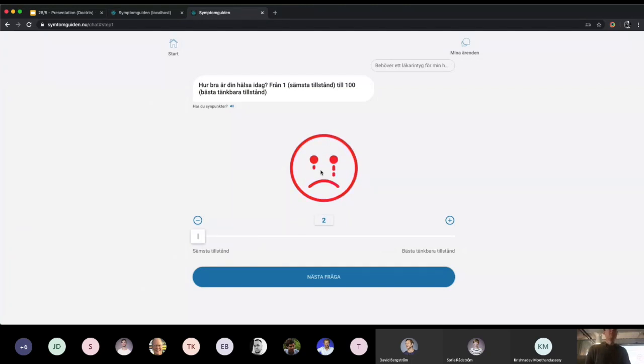Can you move that thing with your keyboard? Yes, up and down with the arrows. What I've tried to do is to use different options that are not only touch based, but you should be able to use free input or drag and drop.